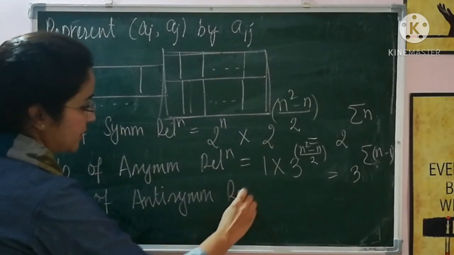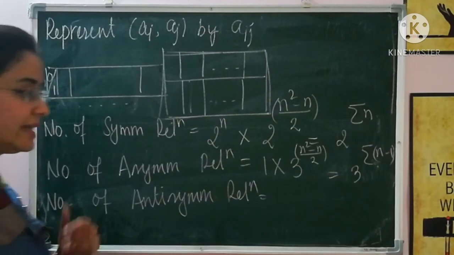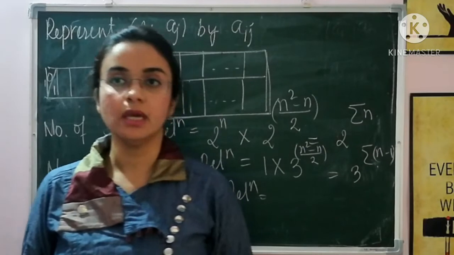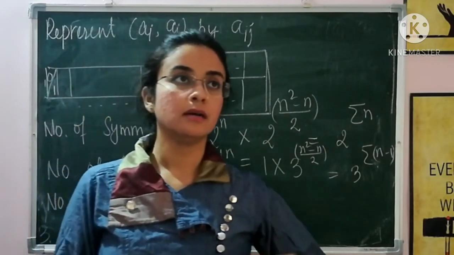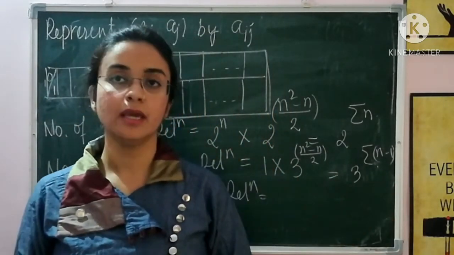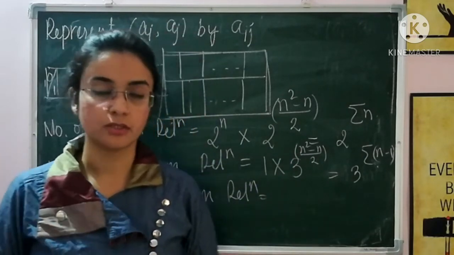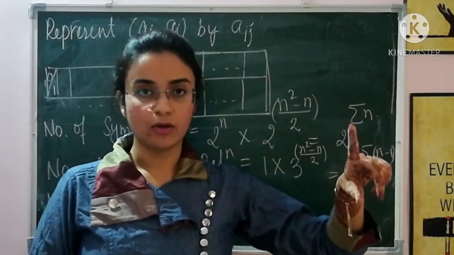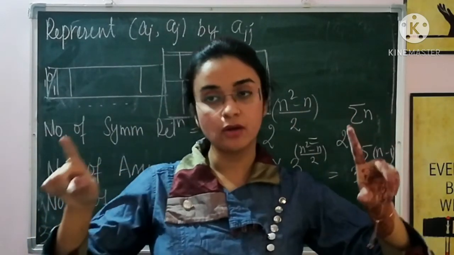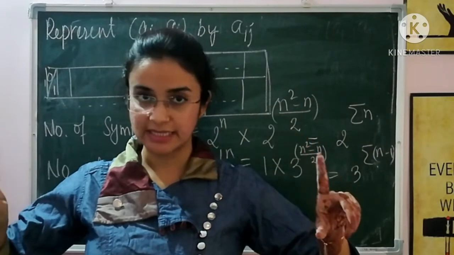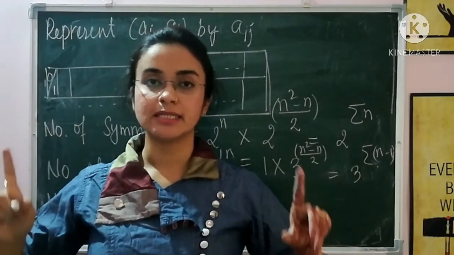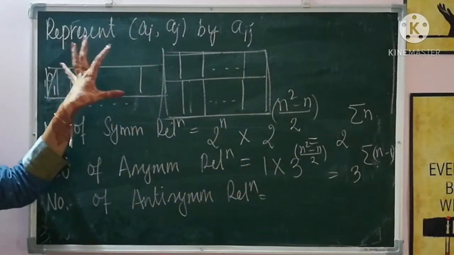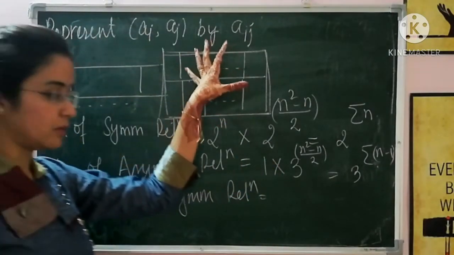Now in antisymmetric relation, if I am choosing A comma B and B comma A both, तो मेरा A और B has to be equal. So suppose you are choosing AI comma AJ, right? तो आपने AI comma AJ चूज कर लिया. Now if in your relation AJ comma AI is present there, then AI and AJ have to be equal, right? And which is not possible. Equality वाली सारी केसेस तो हमने यहाँ रखे हैं ना, इधर कुछ भी नहीं रखा हुआ उस हिसाब का.